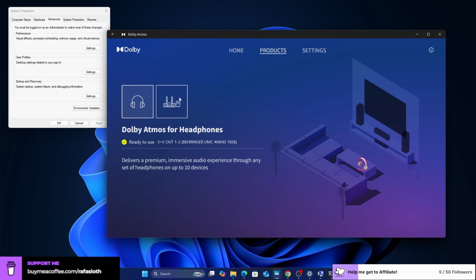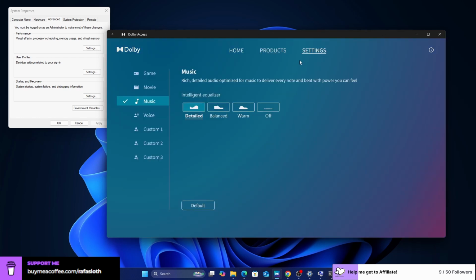It will work if I plugged in a bunch of speakers. I could configure that, but I don't have a bunch of speakers. At the moment, I only have my headphones. So I configured that to have Dolby Atmos.